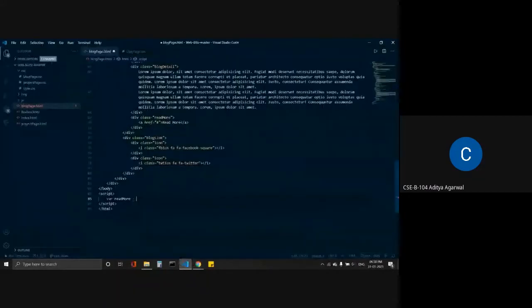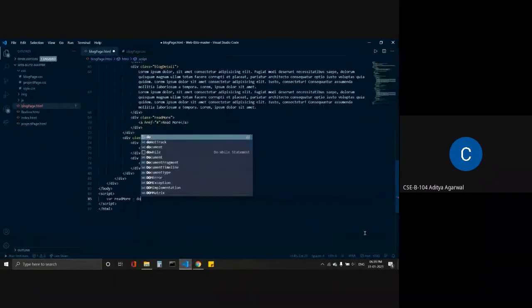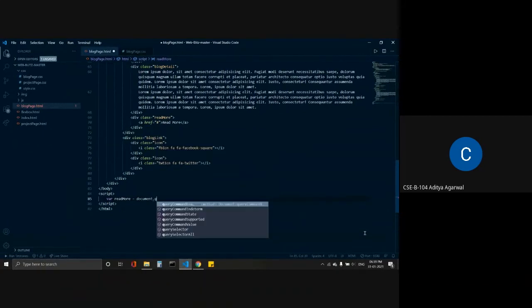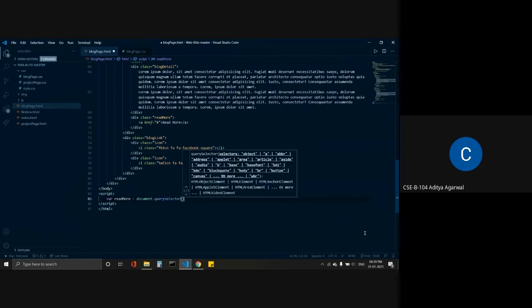For fetching it, we will use document.querySelector. See, querySelector is another type of selector in JavaScript where we can select any type of element. We can select a class, we can select any tag, or we can select it by ID.